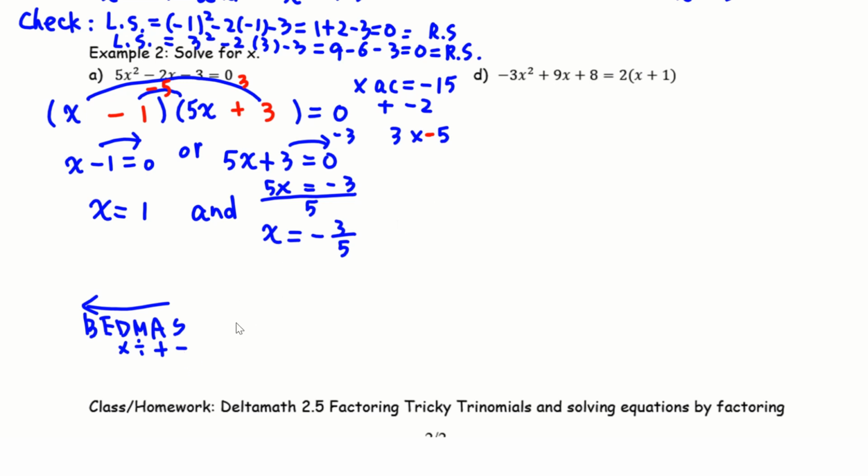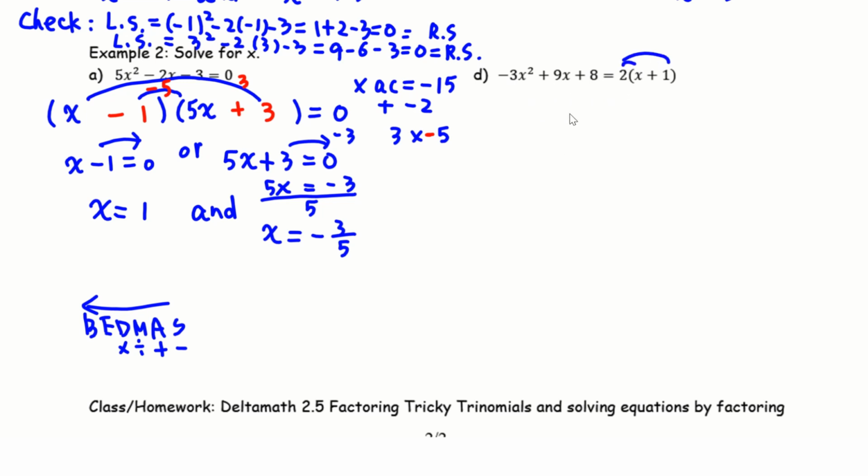So we use the opposite operation. Then for solving a quadratic equation, you need to make sure we are looking for the zeros. So one side equals 0, then we can let each bracket equal 0. So we reduce the degree from 2 to 1, to something that we know how to solve. So that's the reason we need to make sure one side is 0. And